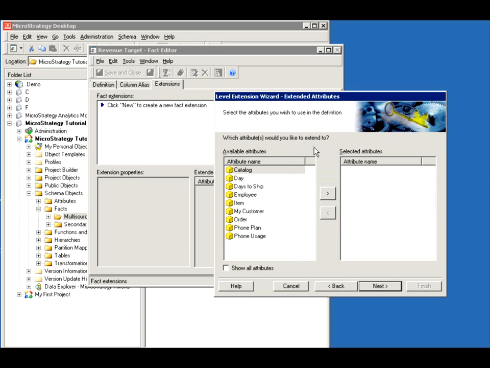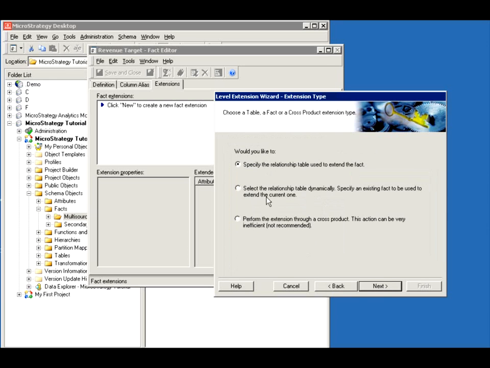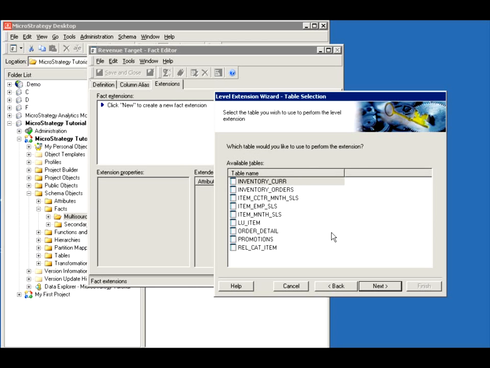So in this case, I want to extend it to item, and then I can either specify the relationship using a fact table, or perform a cross join. I can tell it to do whichever one. If I choose this one, by the table, it means I'm telling it, when I want you to extend to the item, go to this table to pick up the items associated with that month,